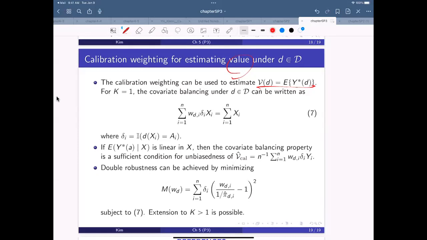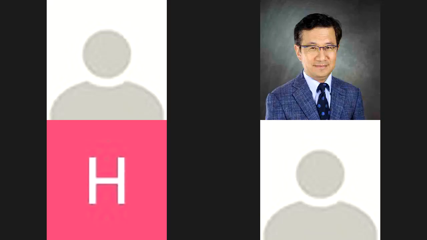What about K equal 2, 3? It's possible, but I'm not going to tell you because I need to write a paper. I will work it out, but you can think about it and I'll be happy to discuss with you. I don't know whether somebody already wrote a paper on this idea. I don't know, but I think at least it should be potentially